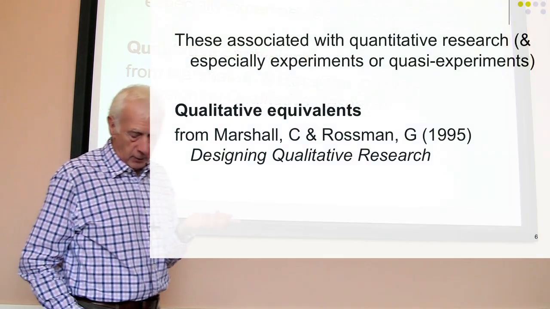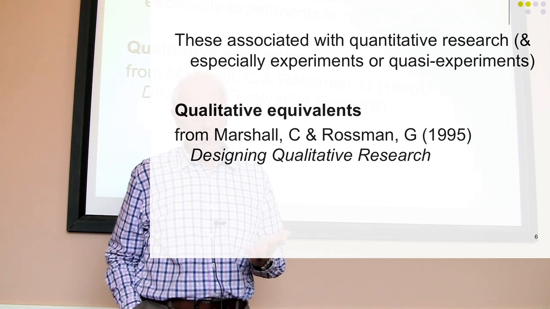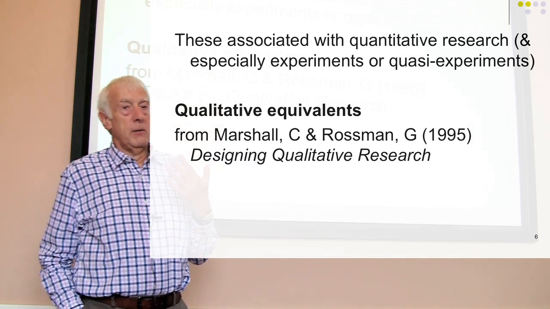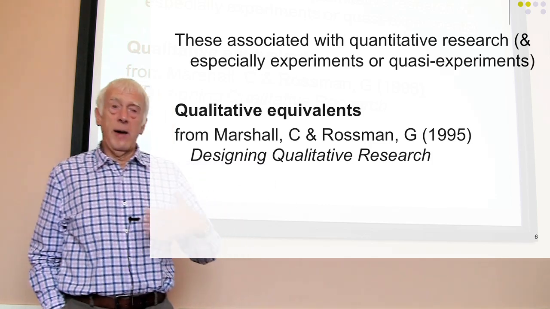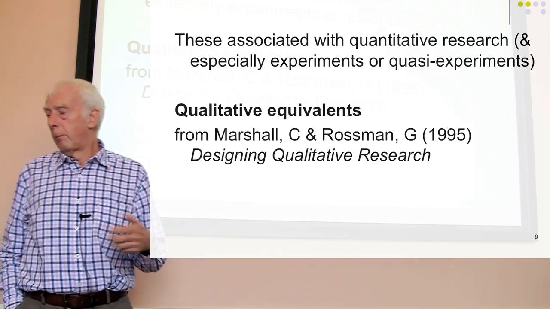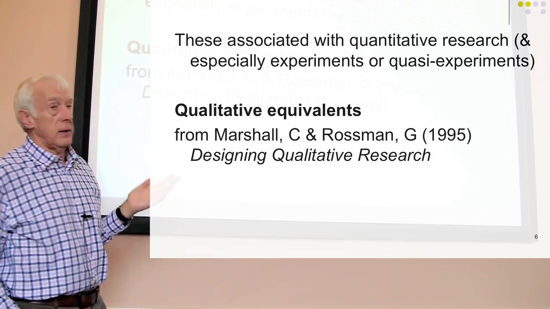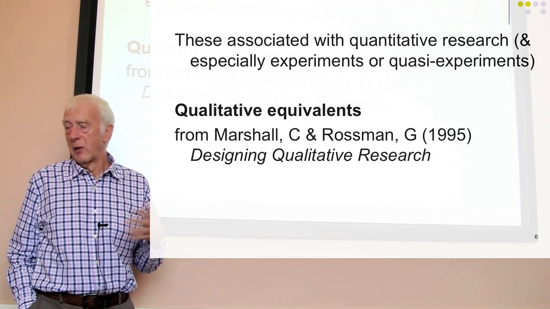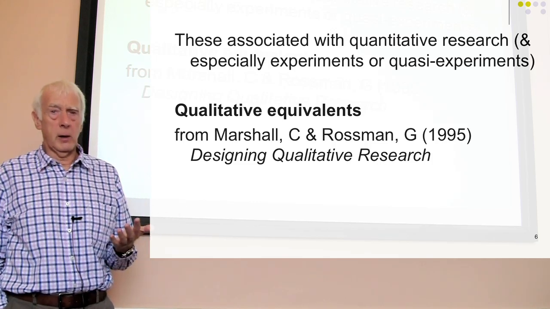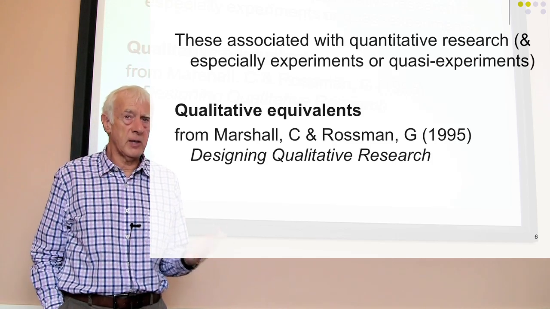Okay, now I hinted at this earlier on when I talked about the idea of validity being kind of a test of how close your results were to a real world. Well, one of the problems is that in the qualitative approach to research, some of these kinds of things don't really work. Like I said already, we tend not to sample the same kind of way, so generalizability is often